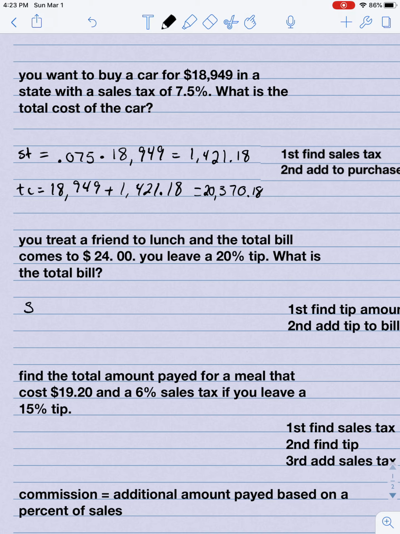So, to your bill to get the total cost. So say, we'll call this tip is equal to, once again, your percent. So 20% is actually 0.2. You move the decimal over 2 to the left. And then you're going to times that by your cost, 24. Okay, and when you multiply those, what you will get is